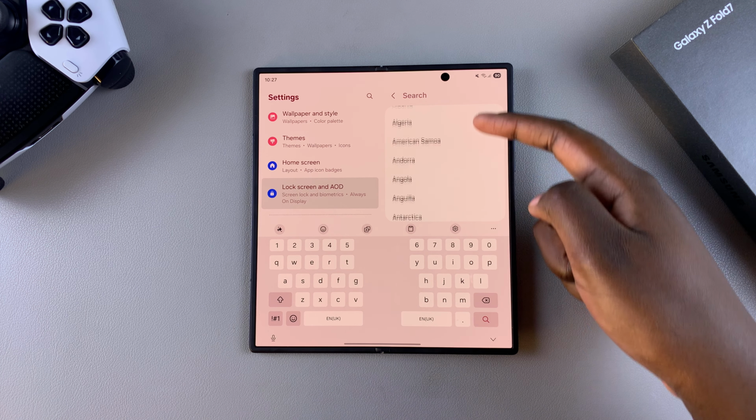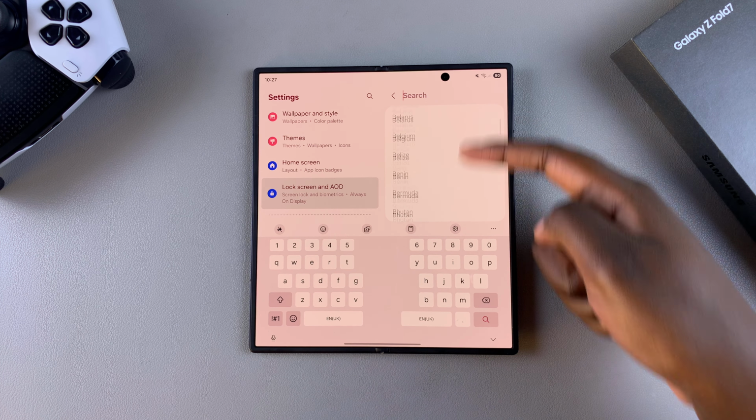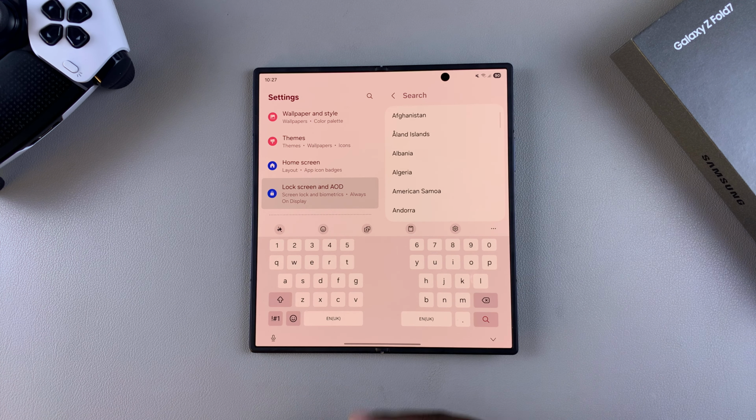From here, you can now scroll through the list of available regions, or you can just use the search function to find the region that you want to use. Once you found it, just select it, and that will now be your new region for the roaming clock. If you're choosing a region that has multiple time zones, say for example Brazil, then you will be prompted to choose a time zone as well, so that you can confirm what exactly it is that